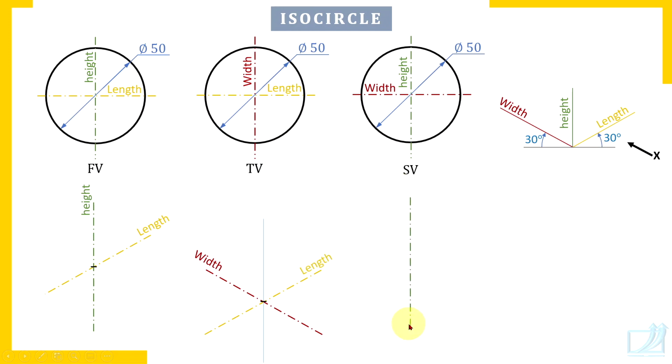So draw the height axis and the width axis. The width axis at an angle of 60 degrees this time. So this is how you measure 60 degrees with the vertical at the center and you draw the width axis. So this is how you should construct the corresponding axis. So for a circle in side view, if you want to draw the corresponding isocircle, then the height axis and width axis must be there. And the remaining procedure is the same. Most important is to locate center lines.